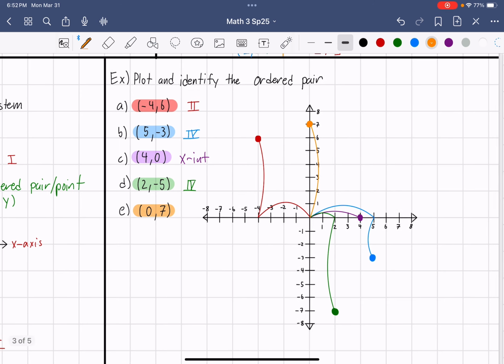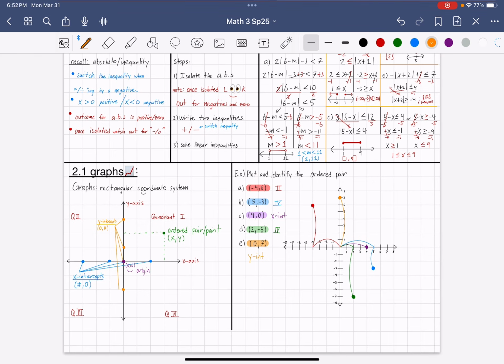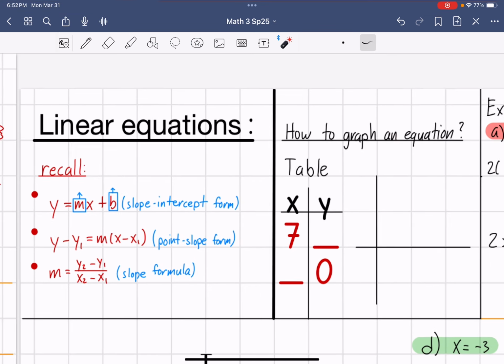And this is a y-intercept. It's not in any other quadrants. It's directly on the y-axis, so we call it the y-intercept. Now, one of the first things you do, other than plotting points on a graph, is